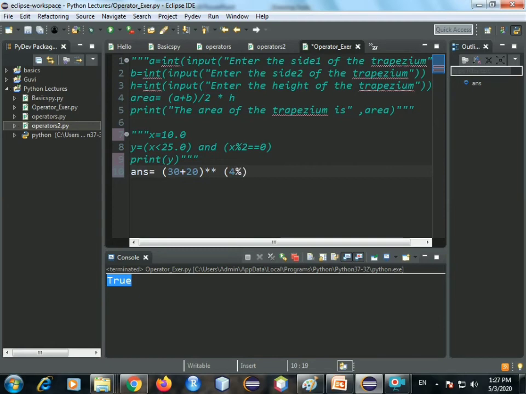Now what do you all think 4 mod 10 gives us? If you're dividing 4 by 10, as the remainder you're going to get 4, because the minimum number required to be divisible is 10, right? So we are basically doing 50 raised to 4. Okay, let's see what we get as the answer. According to the convention, first the inside of the brackets will be executed, 50. Here it gets 4, and here you have raised to. All right, let's run it.